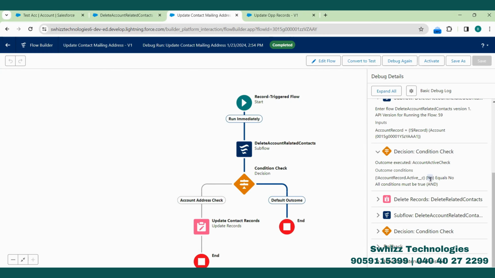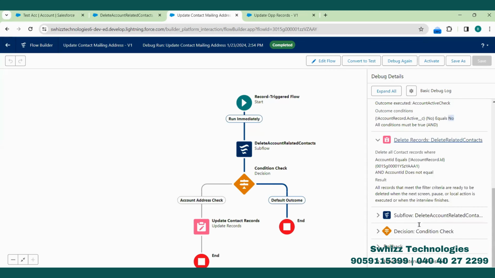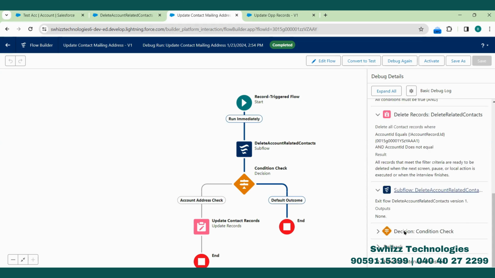See, delete all contact records where account ID equals the account record ID, and account ID does not equal null. Okay, so all records that met the filter criteria are ready to delete. It is ready to delete, not deleting it, because we are debugging it. That's why it is not deleting it. And the flow has exited. So in real also, if we activate this one,